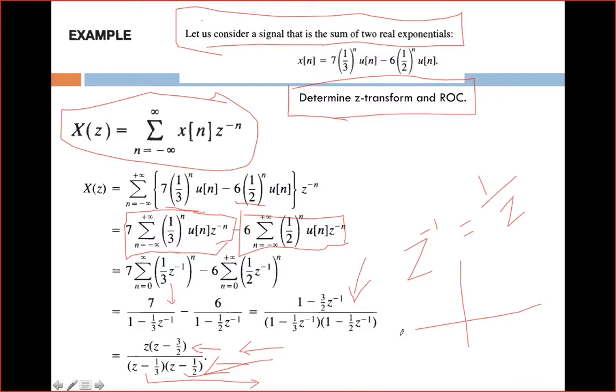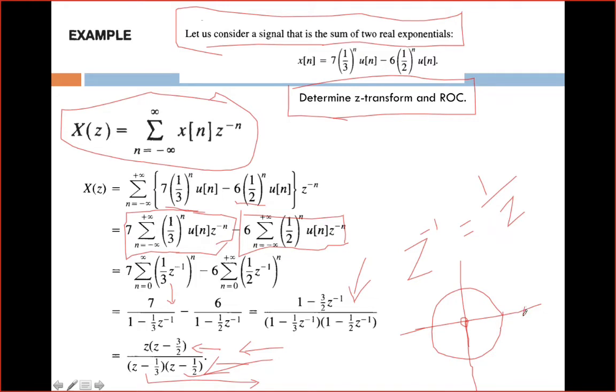So we draw the x and y axes, then draw a unit circle and mark the poles and zeros. The zero at z equal to 3/2, that is 1.5,